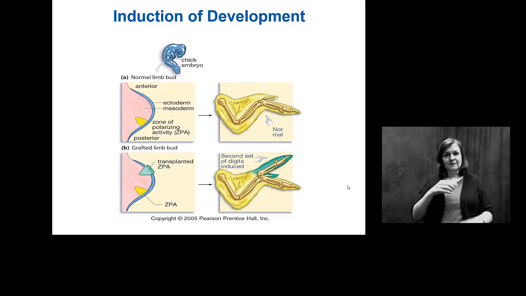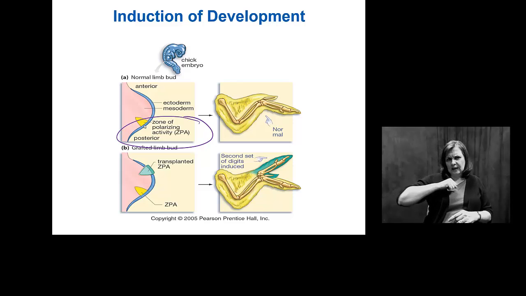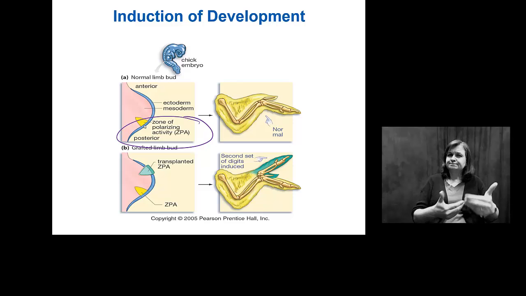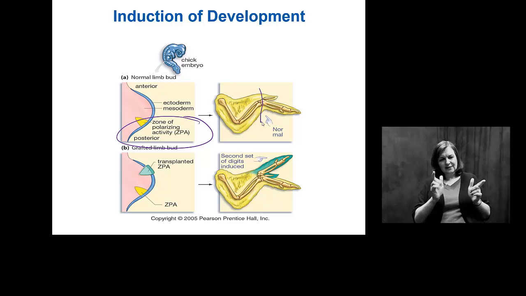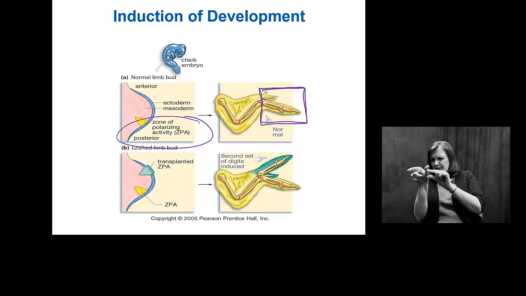So when we have this ZPA, the zone of polarizing activity, what does that actually mean? That means that there are chemicals produced in this limb bud, what will become the wing of the chicken. There are chemicals there that say, okay, we're going to be a limb. In particular, we're going to be a chicken wing. If I want to be a chicken wing, how can I get this to develop properly? And what we're actually focusing on is the development of this very end of the chicken wing, known as the